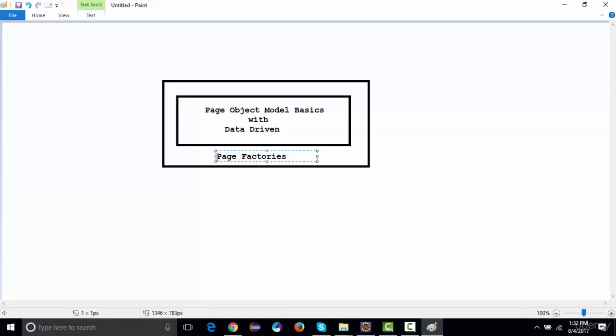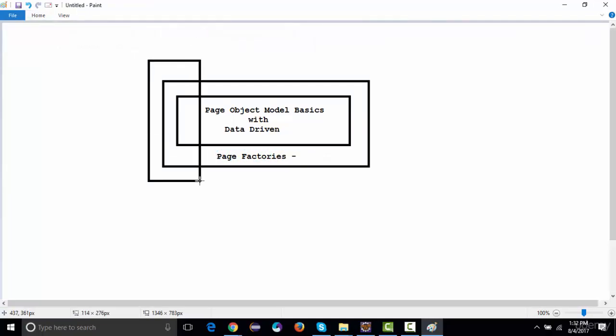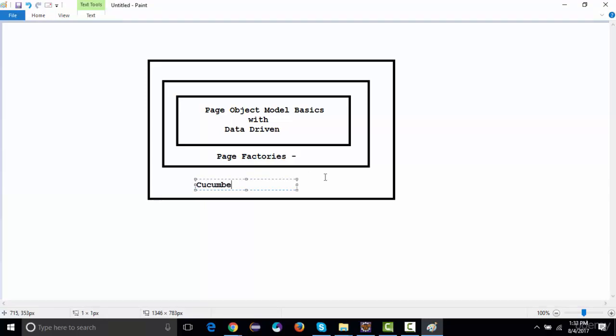Right? It just provides some annotations and some extra functionality to our framework, which optimizes our code a lot, right? And we'll be discussing what page factories are, and then we'll be adding more abstraction layers. We're going to convert this framework, adding n number of layers for our web elements and our keywords, right? I'm going to name this one page object model extended, but before that I'll be adding a layer of Cucumber BDD, right?